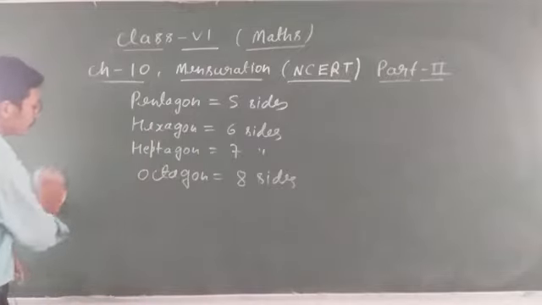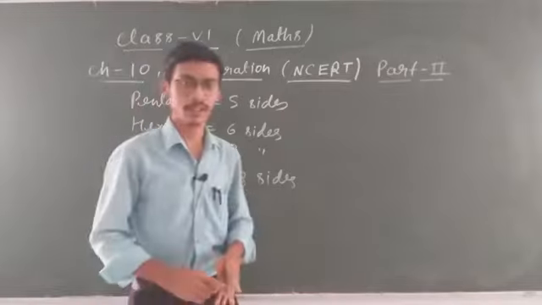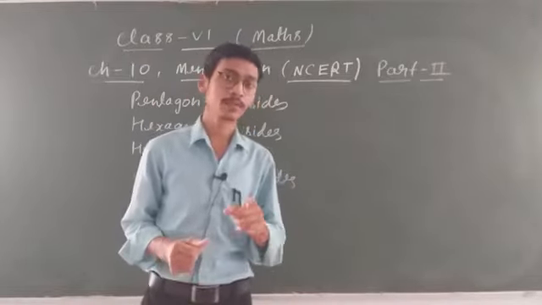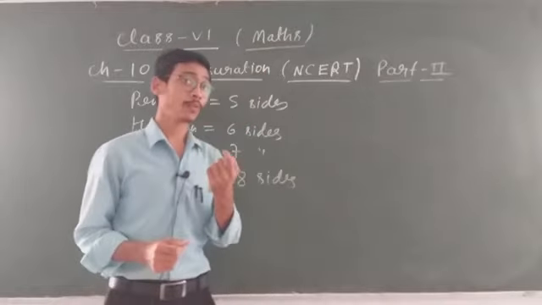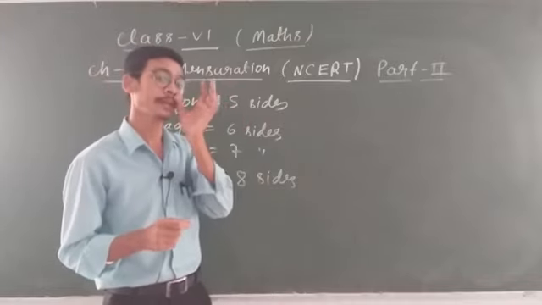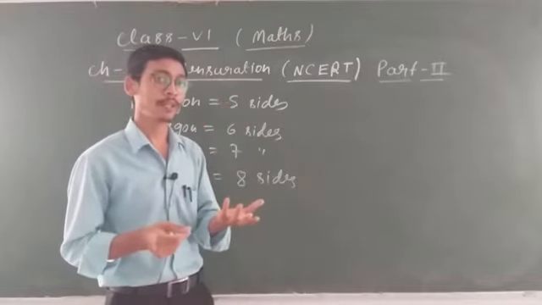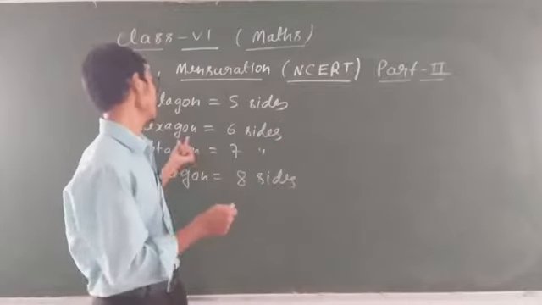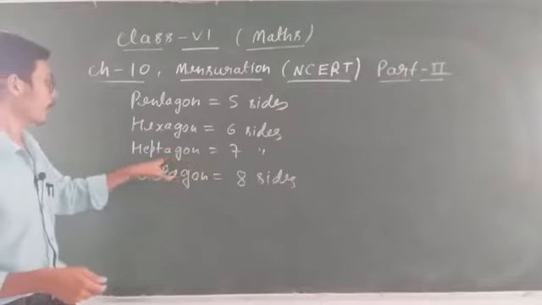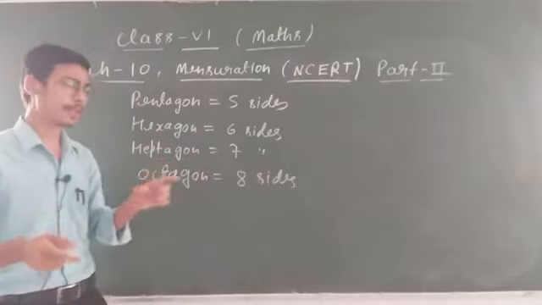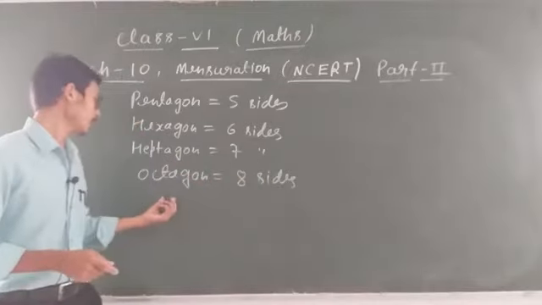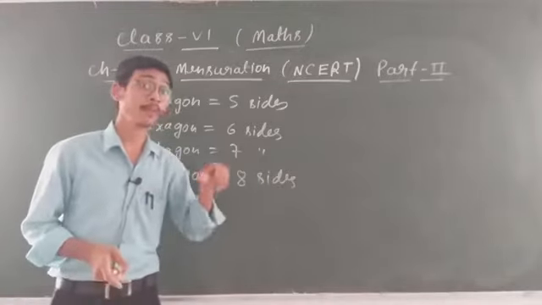So if you have to find out the perimeter of a pentagon, student, clear? What is the perimeter of a pentagon? I discussed in the formula yesterday that pentagon means having 5 sides. So perimeter means what? The sum of all sides. So if the pentagon has 5 sides, the perimeter is equal to 5 into side. Same, hexagon means 6 sides, so perimeter is equal to 6 into side. Same concept you have to apply to heptagon. In some places it is septagon, heptagon, both are the same. The heptagon is 7 into side. Then octagon means 8 into side. This is about perimeter.